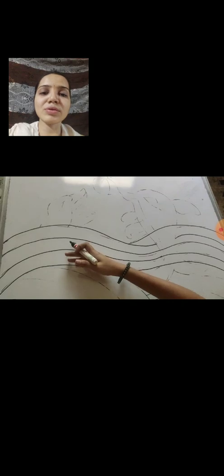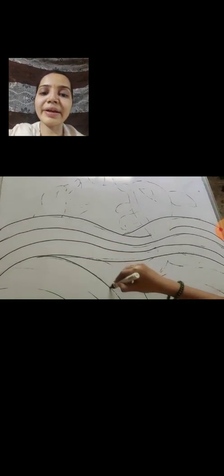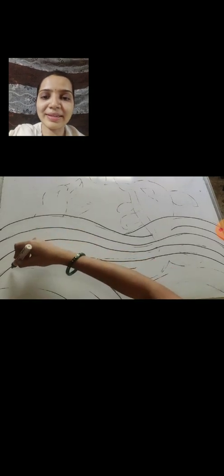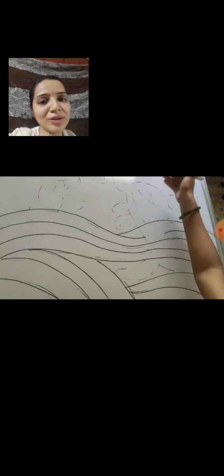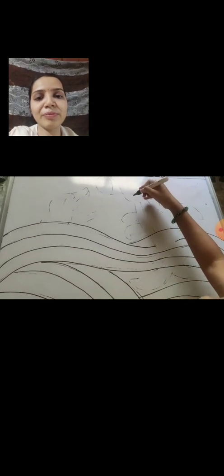Then down also you will make the curve lines, but the lines start and end downwards. Yes, like this. See where it is starting, children, from where I have drawn. Yes, exactly like this. Then for the remaining part you will make other curve lines. Yes, like this. See, now our water part is over. Now we will make the dolphin. For making the dolphin, you have to make an S-shaped curve line.